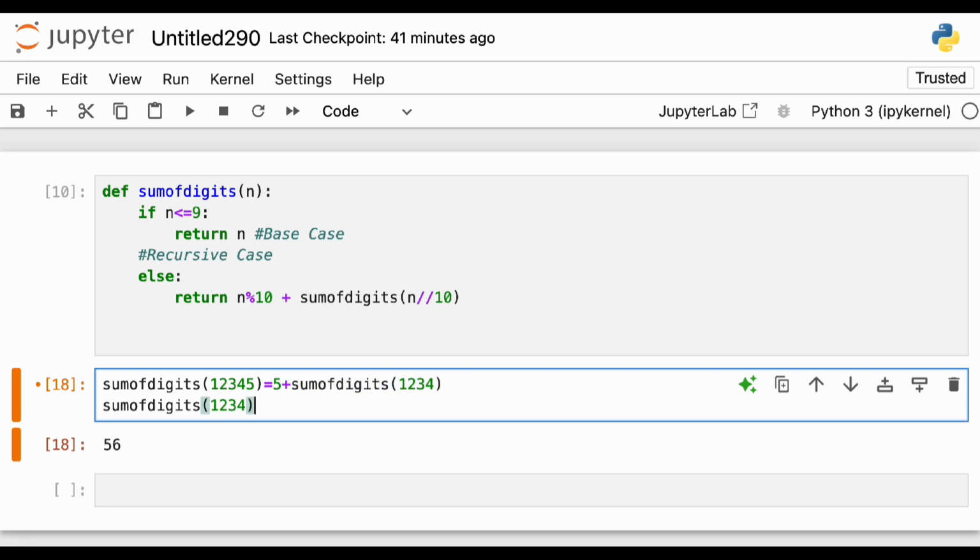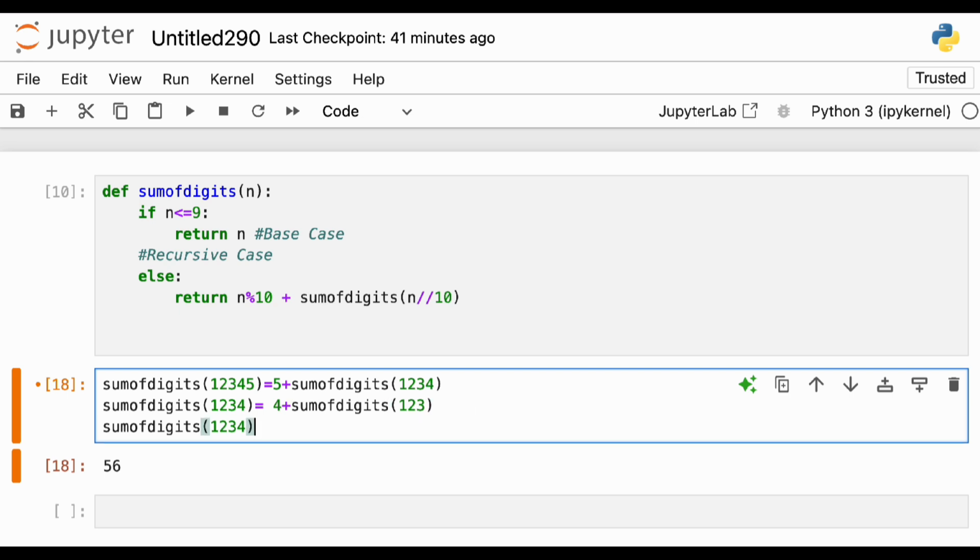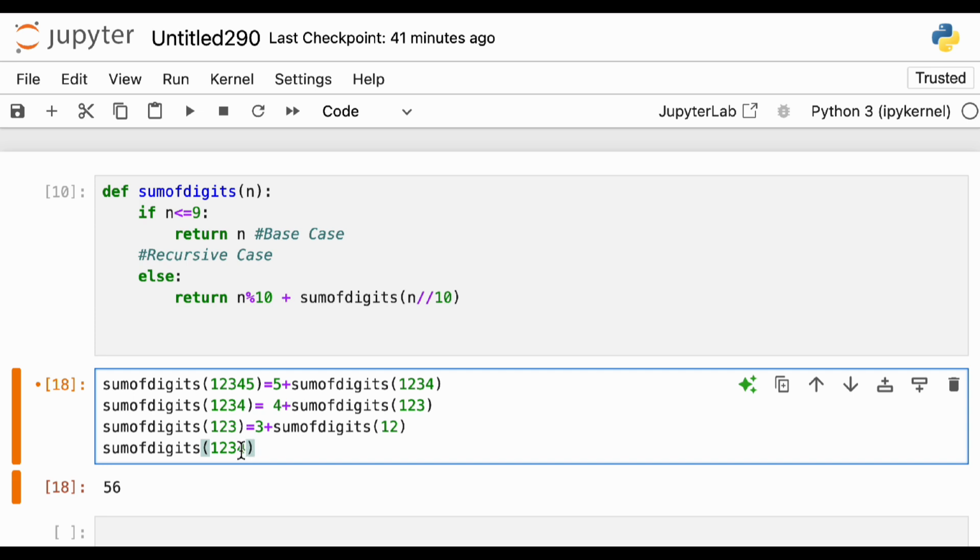To call that, it will say this is equal to 4 plus sum of digits of 1, 2, 3. Now it will say, what is sum of digits of 1, 2, 3? This is equal to 3 plus sum of digits of 1, 2. Correct? Now I'll say, what is sum of digits of 1, 2?